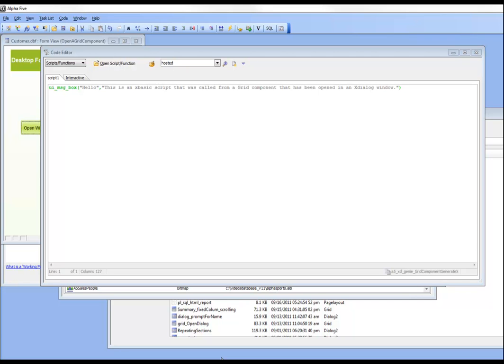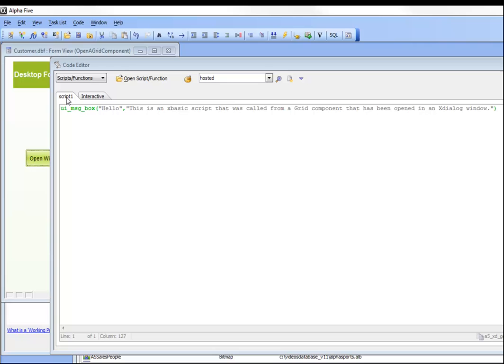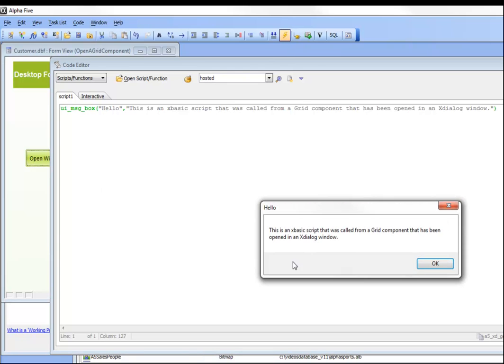In this video we'll show how you can run arbitrary Xbasic from an event in a dialog or grid component that has been opened up in an Xdialog window in a desktop application. So you can see here we have a simple Xbasic script called script1 and all that it does is display